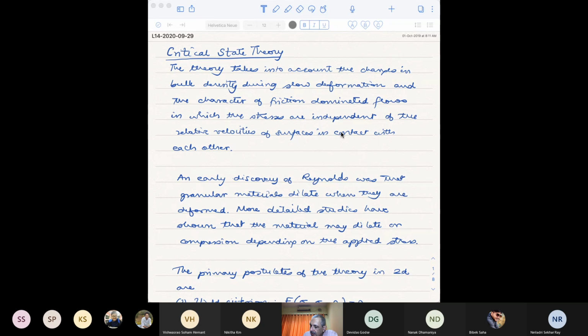Reynolds, has anyone heard this name before, Reynolds? Yes, the Reynolds number. Do you know his first name? What is Reynolds' first name? His name is Osborne Reynolds. He's one of the great fluid dynamics researchers, and as was mentioned, he essentially established the transition to turbulence and so forth, which is so important. But when he was playing around with granular materials, he also discovered that granular materials